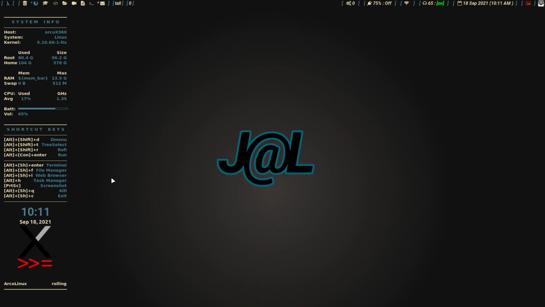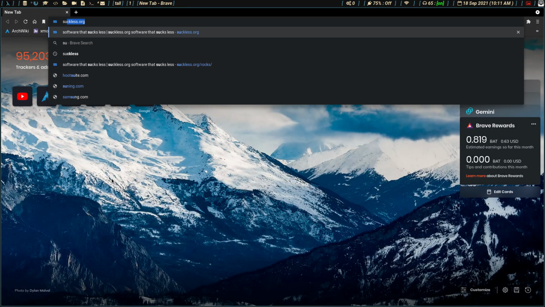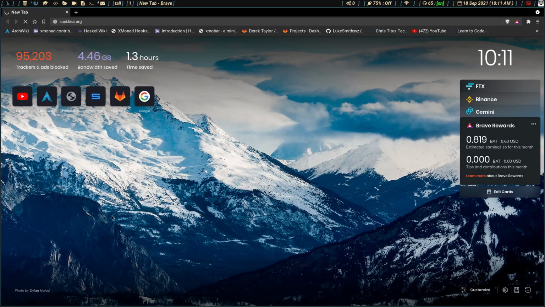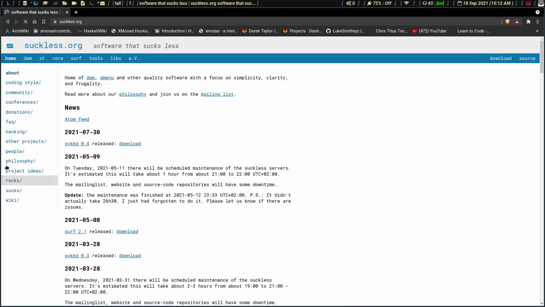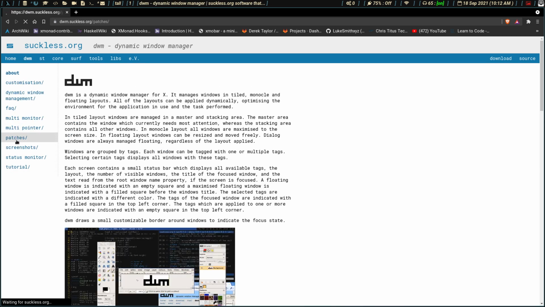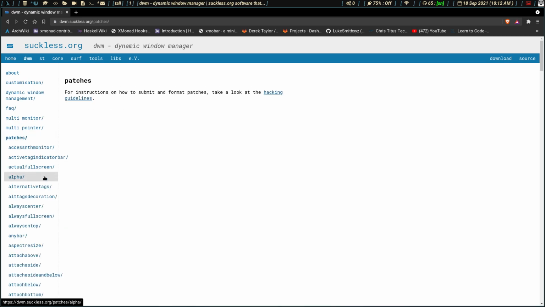The last one I have is on DWM, and DWM does it a little differently because, well, it's DWM. And if you want to do something or change something on DWM, then odds are you have to patch. So if we just go in here and we go to suckless.org and we go to DWM and patches, there's a couple different